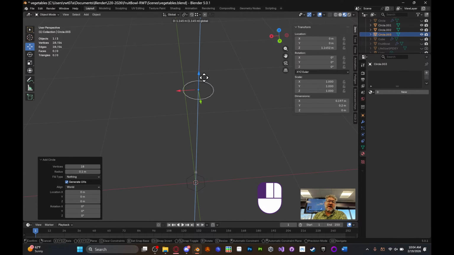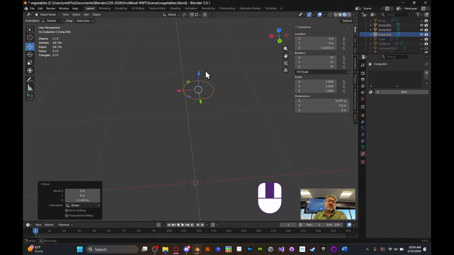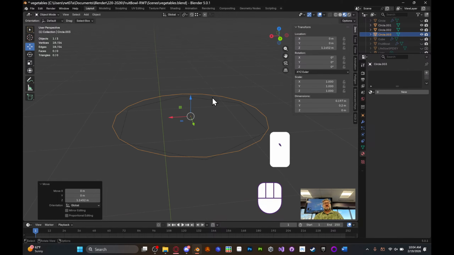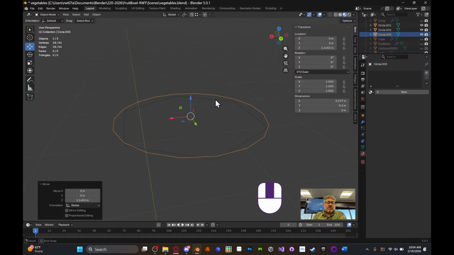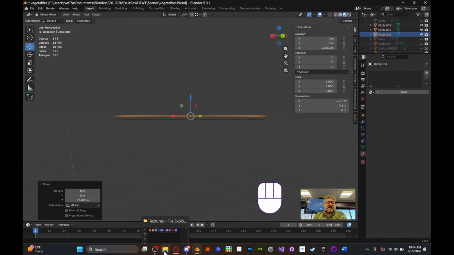There used to be a time when it just wouldn't even let you bridge loops that had different numbers of vertices, but now in the age of tolerance, we're okay with it, but it's still not a good idea. All right, so pull that up. So this will be the start of the rounded base, where the metal's at, where the